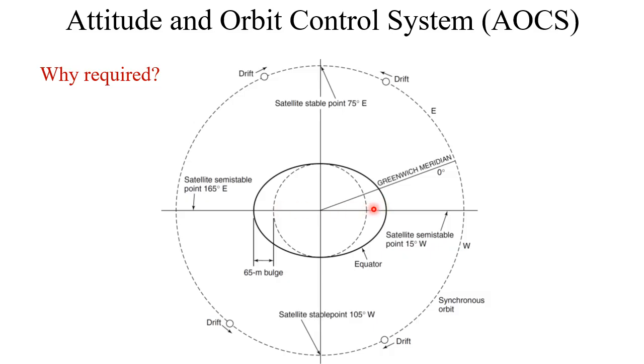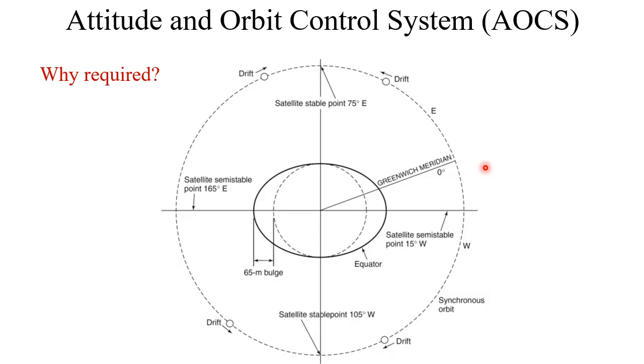and obviously because of this bulging and also some other effects, we will discuss it in a different section, the satellite will try to drift from one position to another position, right? So actually the gravitational potential around this earth should be equal, but unfortunately it is not the same, and if the satellite starts drifting slightly, or it gets some other forces like force due to moon, force due to sun,